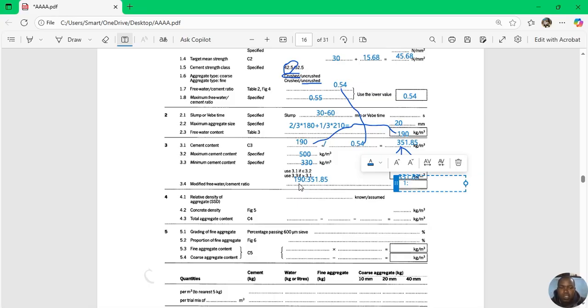So I put 2. It means that if we have one part of the water, we shall be using two of the cement. Yeah, so that's what it means. This one is of cement, this one is of water. Yeah, we proceed. Go to the relative density